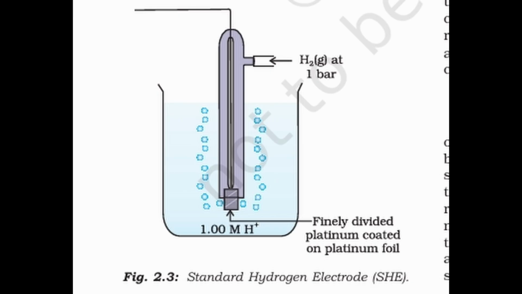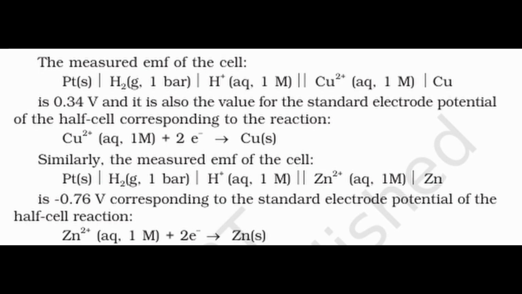When the standard hydrogen electrode is connected to another half cell, the measured EMF of the cell gives the standard electrode potential of the other half cell. For example, when connected to a copper half cell under standard conditions, the measured EMF is plus 0.34 volts, which is the standard electrode potential of copper. When it is connected to a zinc half cell, the measured EMF is minus 0.76 volts, which is the standard